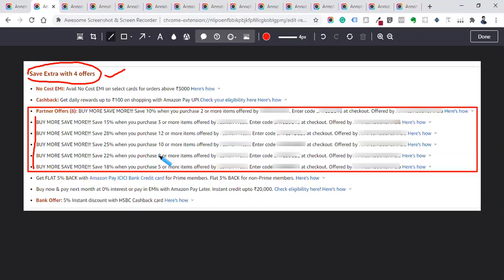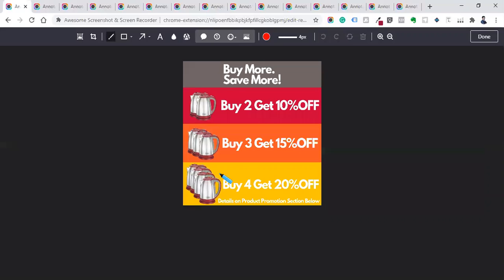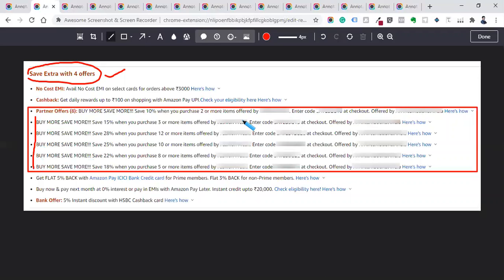People will notice it and try using it, because we are also mentioning that on the image. For more details on getting the coupons, we have mentioned in the image details in the product promotion sections below. People will find this section and they will get a coupon. On Amazon, we can set up a coupon code. They can use it at checkout to avail this promotion.